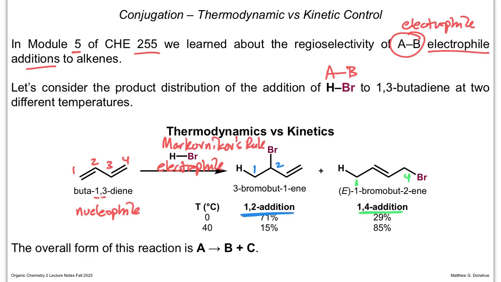The other thing that's important here is notice the temperature. So 0 degrees or 40. At 0 degrees, we get about 70% of the 1,2 product and 30% of the 1,4. If we raise the temperature to 40,